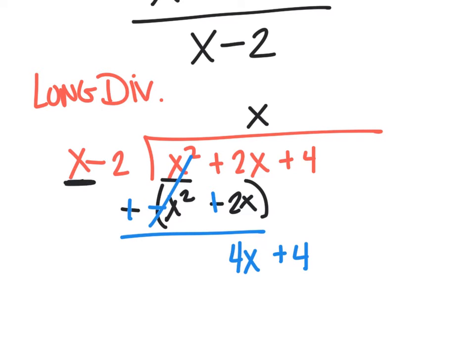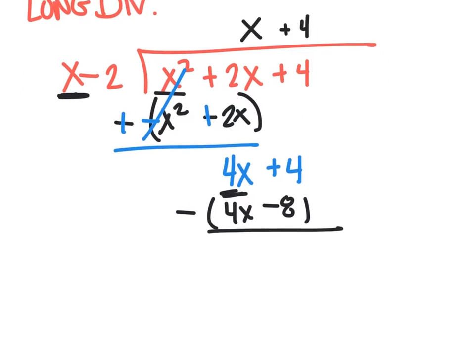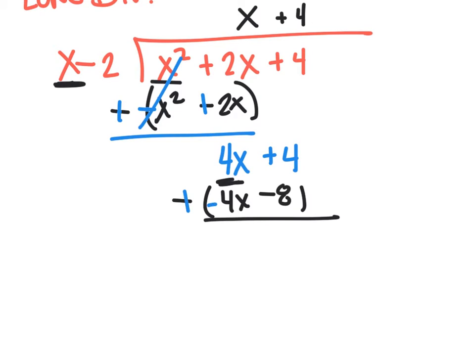Compare those leading coefficients. Looks like I have to multiply by a positive 4. So that gets me 4x minus 8. Wrap it up, put my minus sign in. Switch the signs. Those cancel like they're supposed to, so now I have,